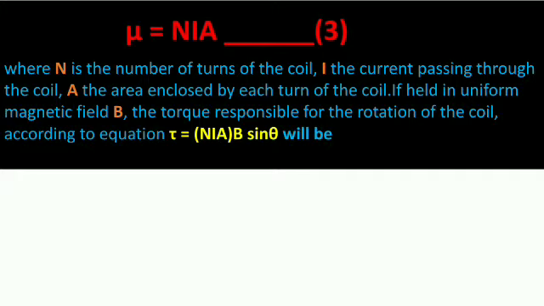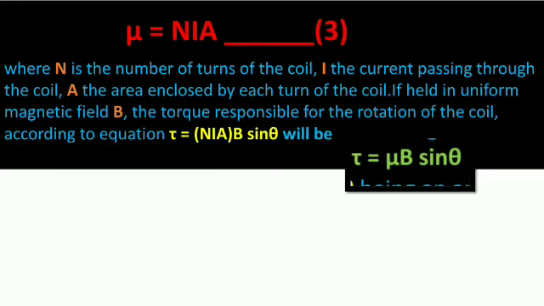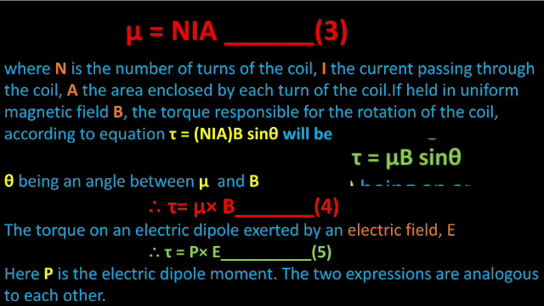and capital A is the area enclosed by each turn of the coil. If held in a uniform magnetic field vector B, the torque is responsible for the rotation of the coil, as we know that torque is the force causing rotation. So according to the equation, tau is equal to NIAB sin theta. It will be tau is equal to mu B sin theta. Now why have we written mu here? Because we know the formula for the magnetic dipole moment, that is mu is equal to NIA. So instead of NIA, we can write mu only, where theta is an angle